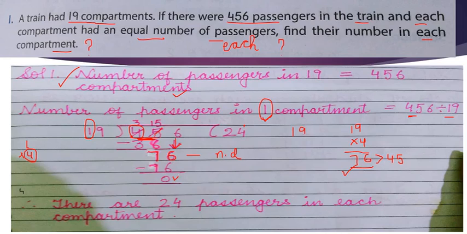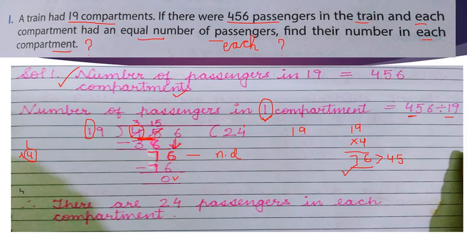So we have calculated the number of passengers in one compartment. One compartment means one section. Okay, right? So this way we have done the question, and beta, as you can see, now the statements are very lengthy, but it is very easy to understand if you frame the same situation in your mind nicely,